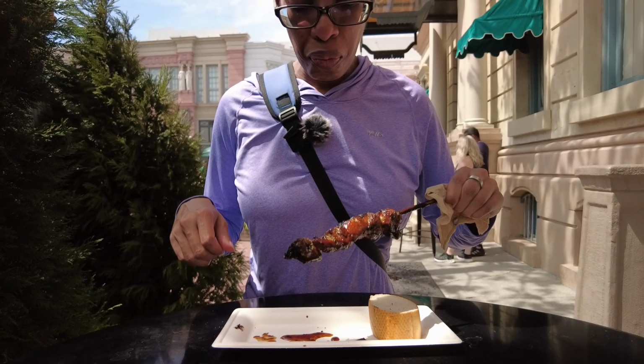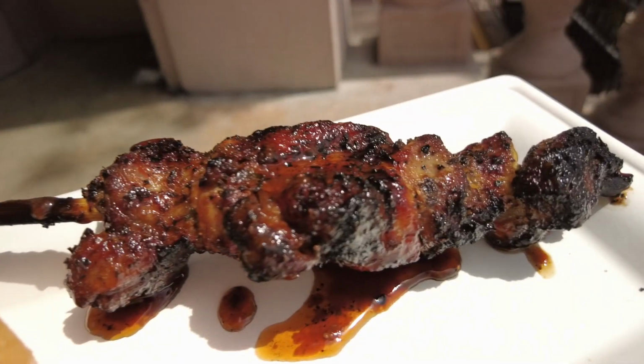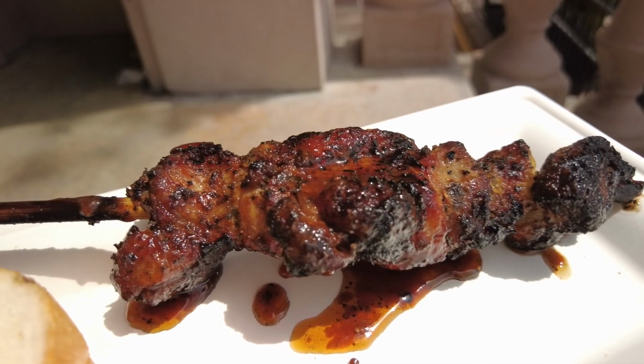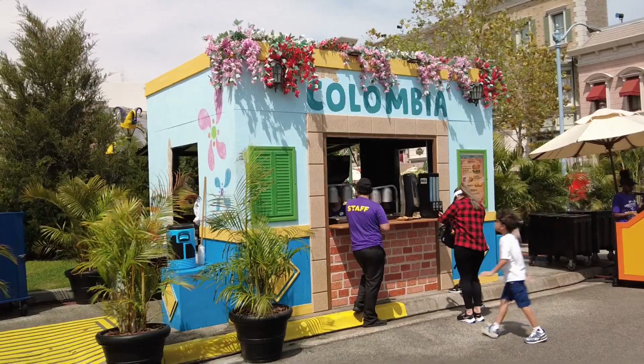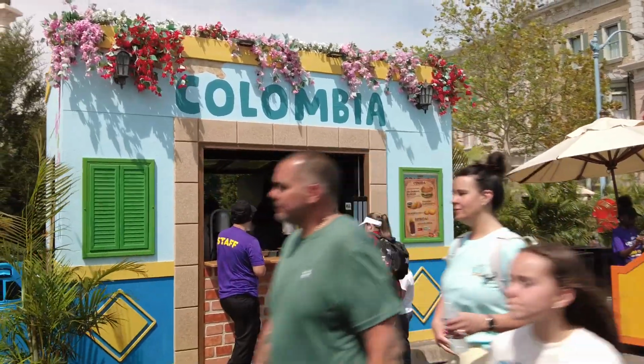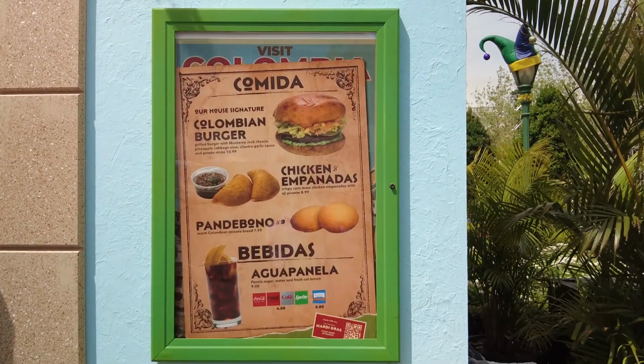That's really good. It has that nice smoky flavor. The meat is very tender. And I like that it's on a skewer, so it's easy to eat. I also stopped at the Colombia food kiosk and I got the pan de bono, which is the warm Colombian